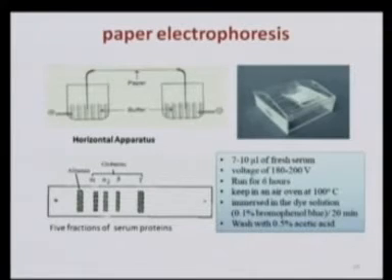In this picture you can see a sketch of how to perform paper electrophoresis. In the topmost picture you can see a buffer system in two different tanks, and in the middle we are going to have a paper. On this paper we are going to put the serum sample, and the moment you allow the current to flow through this buffer system, the electricity will again pass to the paper, which will enable the proteins present in the paper to get separated. In the bottom you can see how the proteins appear after separation, that means the fractions of serum proteins.